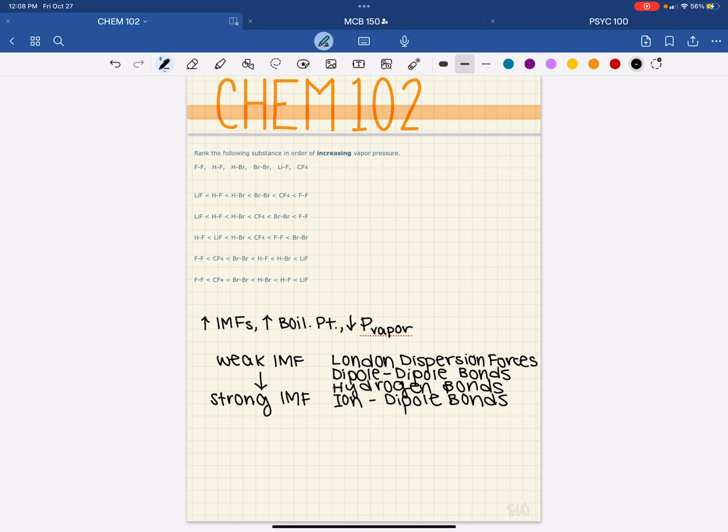Rank the following in increasing vapor pressure. Okay, so vapor pressure, if the pressure of the vapor is high, that means that more of the substance is evaporating. If more of the substance is evaporating, it has a lower boiling point. If it has a lower boiling point, it has weaker intermolecular forces. So, if it's in increasing order, the first one should be the strongest